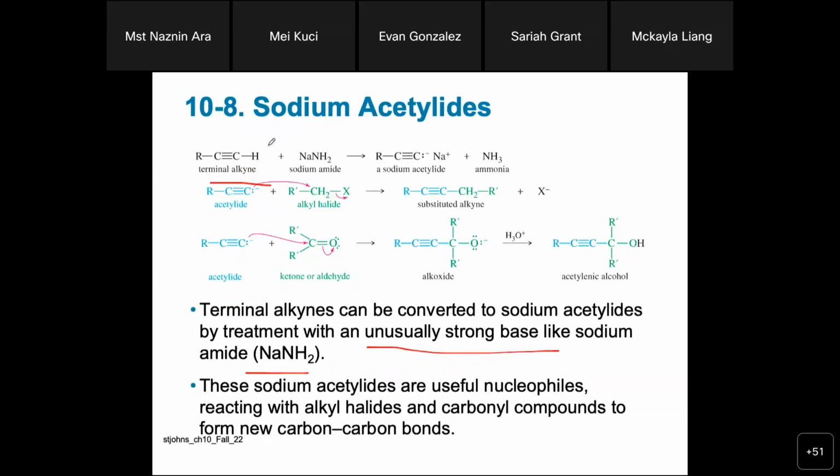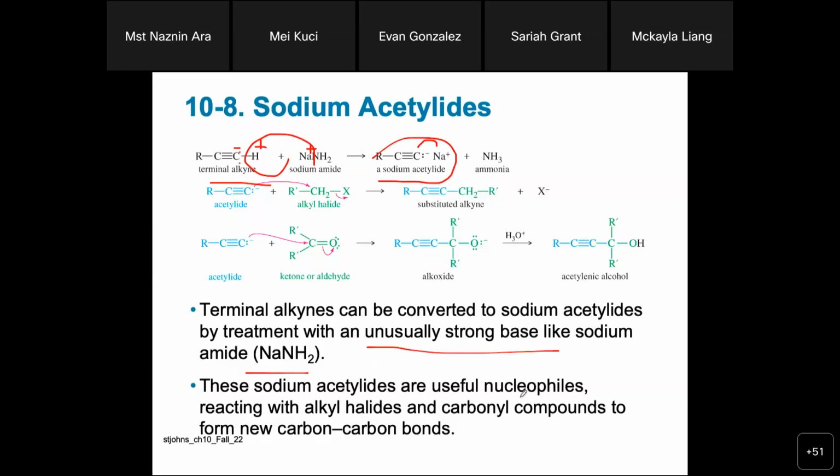So terminal alkyne, when it reacts with sodamide, then what happens? Here the sodium is positive, the hydrogen is positive, and this carbon is negative. So sodium replaces the hydrogen, and they form sodium acetylide compounds and ammonia. So this is the conversion. Sodamide is a very strong base, and this sodium